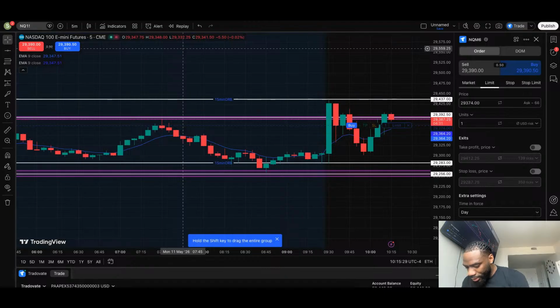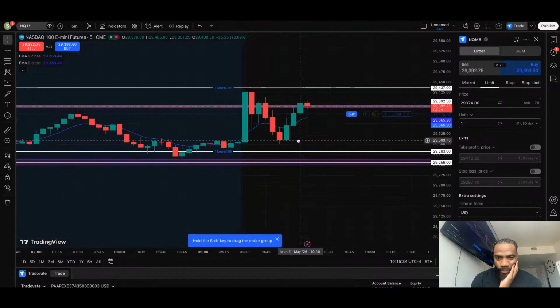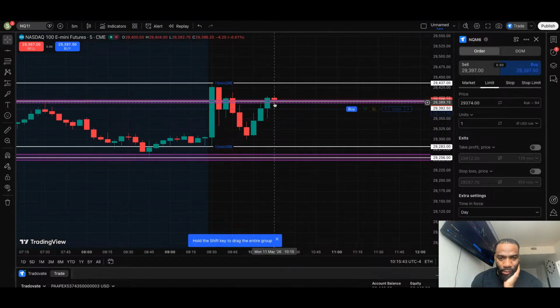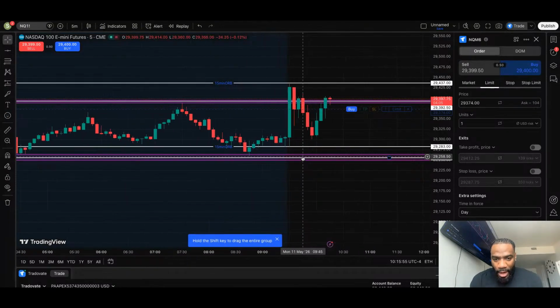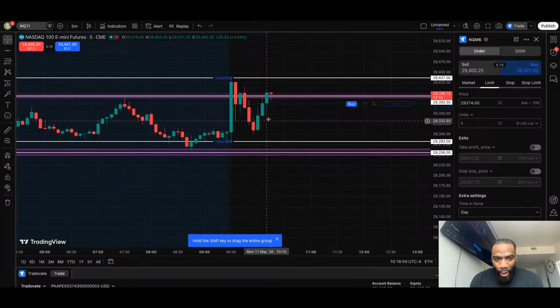So do you go in on the green sticks versus red? Nah, it's not about whether it's green or red, it's more about the levels and where price is. Like I said, I want to play off of these levels, where I have these white lines and the purple boxes. The white line with the purple box is my hour support and resistance level. And the white line by itself is the 15-minute opening range. We were just in the middle of both of those, and I don't like trading in the middle of them. I like to play off of the levels because that's where price is strong.